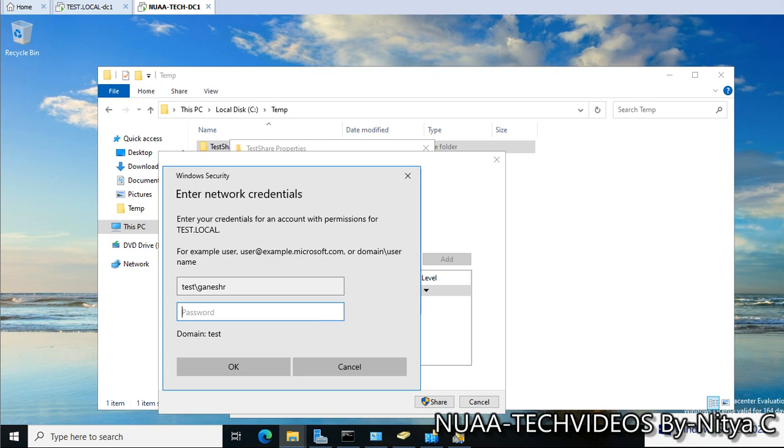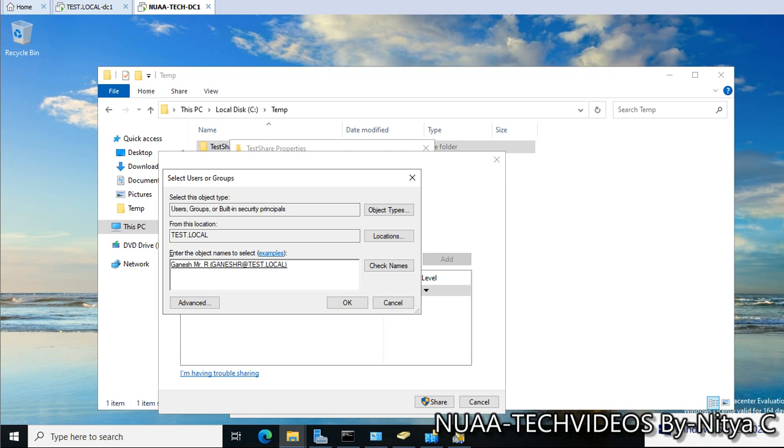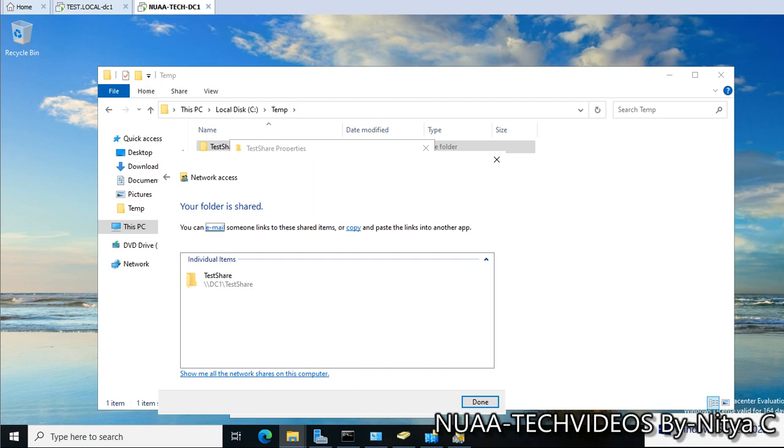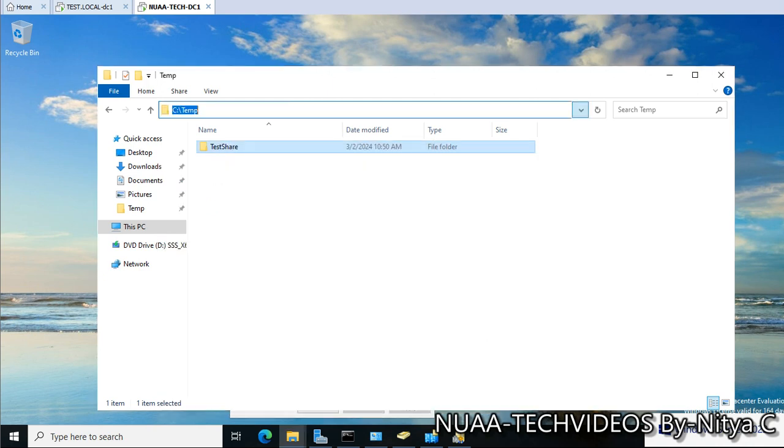But you have to use an account that has the privilege, enterprise or domain admin privilege. So let's enter the credentials. Okay, this is recognized. Okay, and it is having read-only permission. So I will give read and write and enable the share. Yes,